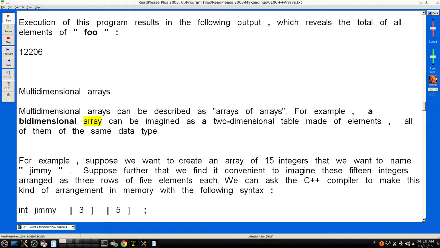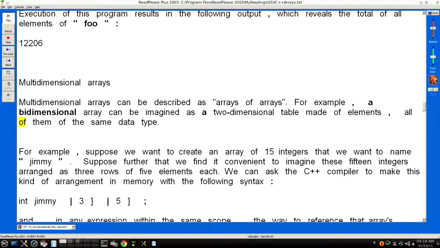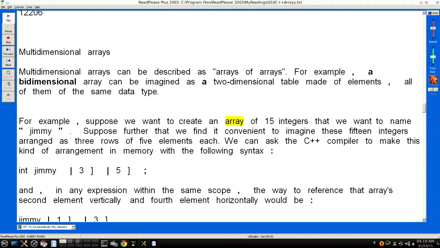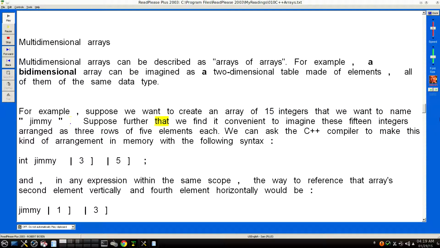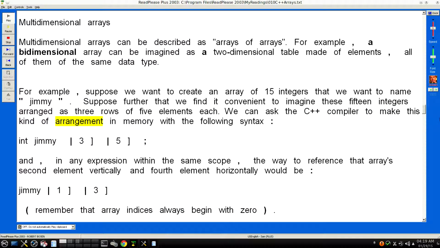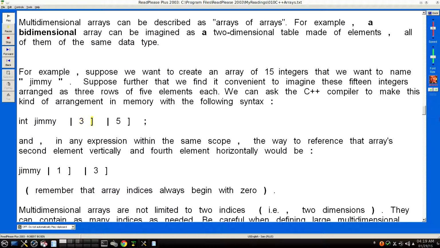For example, a bidimensional array can be imagined as a two-dimensional table made of elements, all of them of the same data type. For example, suppose we want to create an array of 15 integers that we want to name "Jimmy". Suppose further that we find it convenient to imagine these 15 integers arranged as 3 rows of 5 elements each. We can ask the C++ compiler to make this kind of arrangement in memory with the following syntax: int Jimmy[3][5];